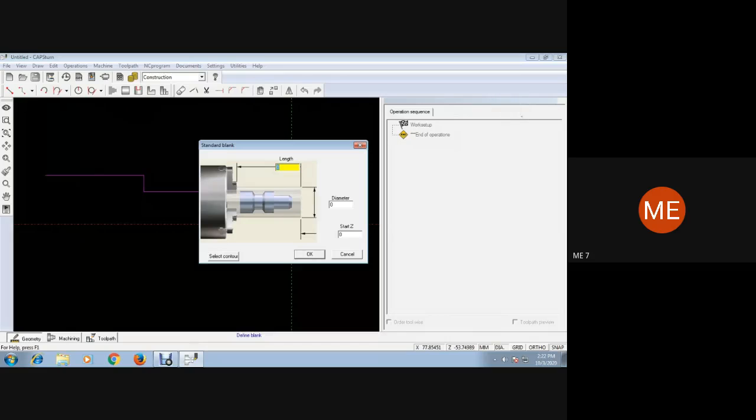So now when you click on define blank, you get the regular window that we have seen in CNC turn. Enter the length of the workpiece. 100 diameter, maximum diameter.